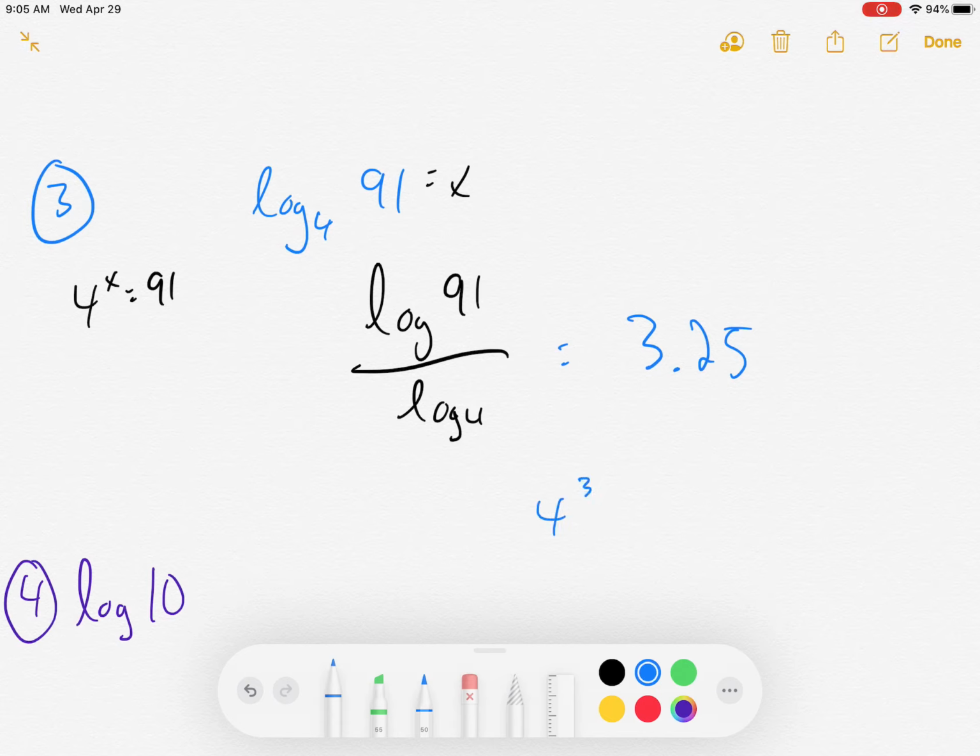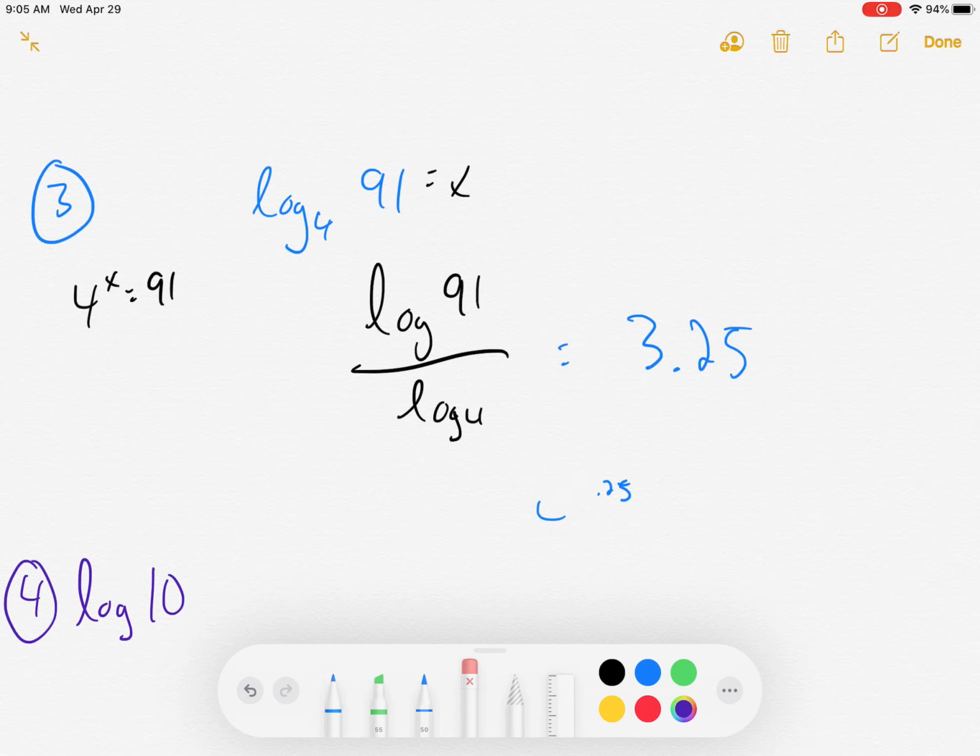So now if we did 4 to the 3.25 power. Where the heck did I do that? Is there a caret on here? I don't even see a caret on this calculator. Oh, x to the y right there. 4 to the